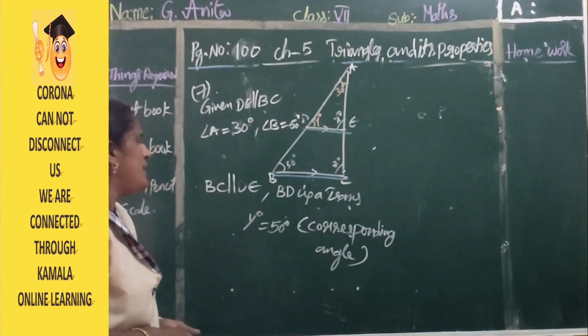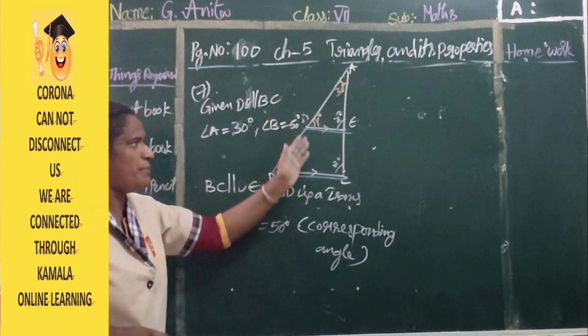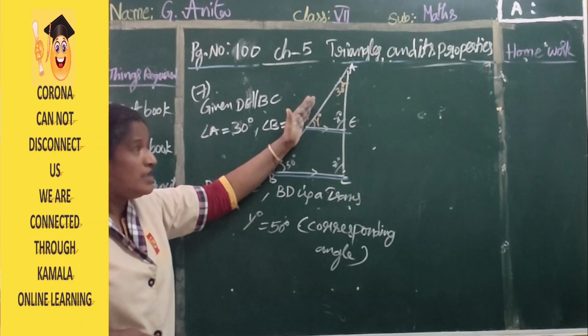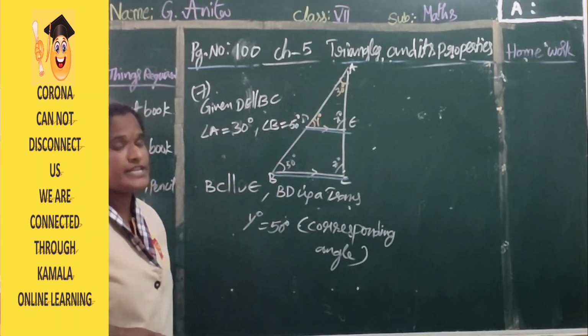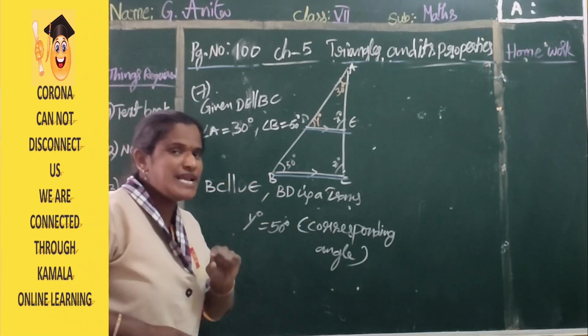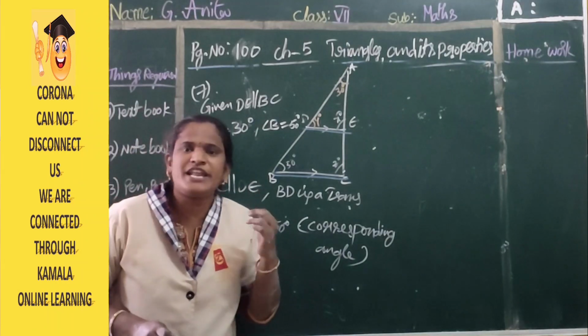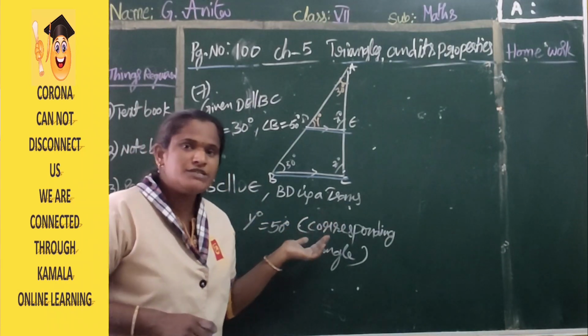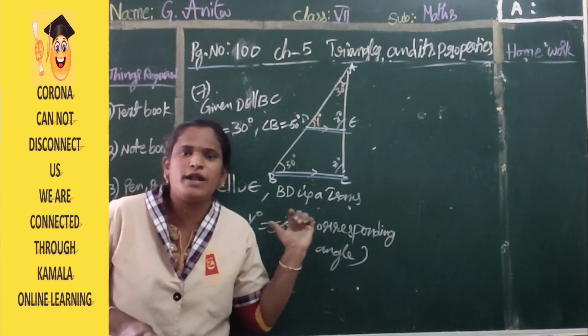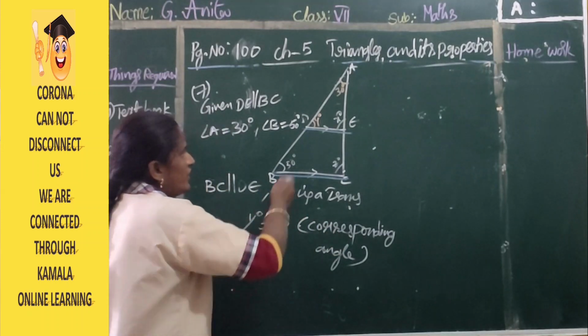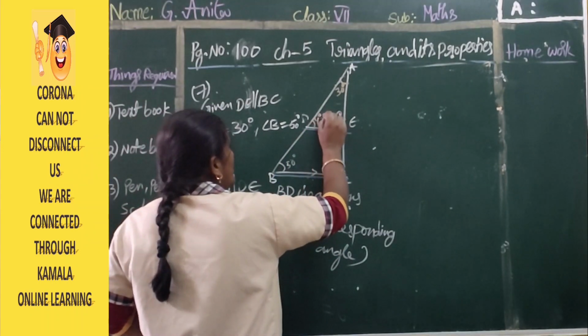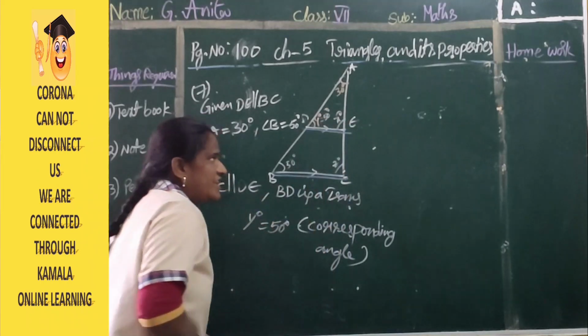Corresponding angles. So here children, everyone. So first observe BC is parallel to DE. These two are parallel lines. This is a transversal. So y degree is equal to 50 degrees because they are on one side of a transversal, one is exterior, the other one is interior. Because they are corresponding angles, they are equal to each other. So y degree we got. What is the y value? Y degree is nothing but 50 degrees.